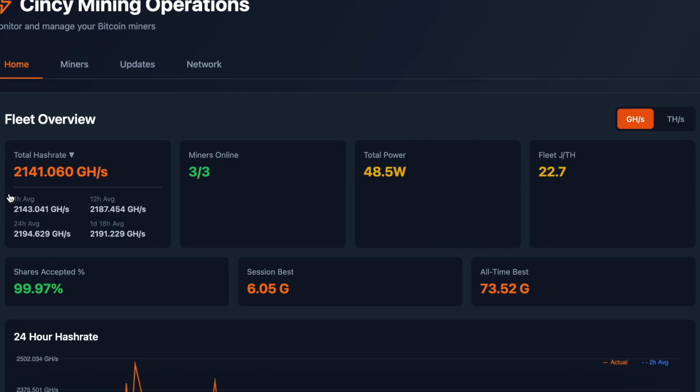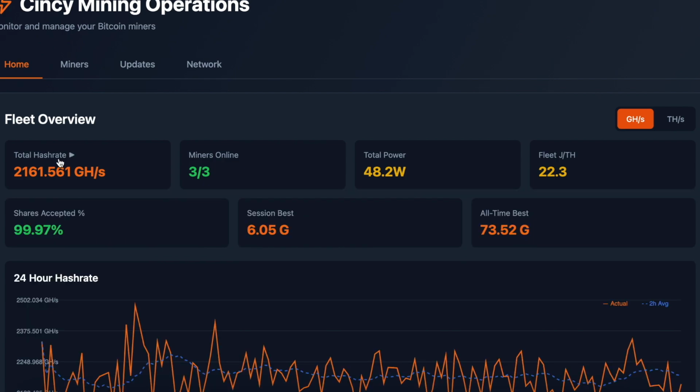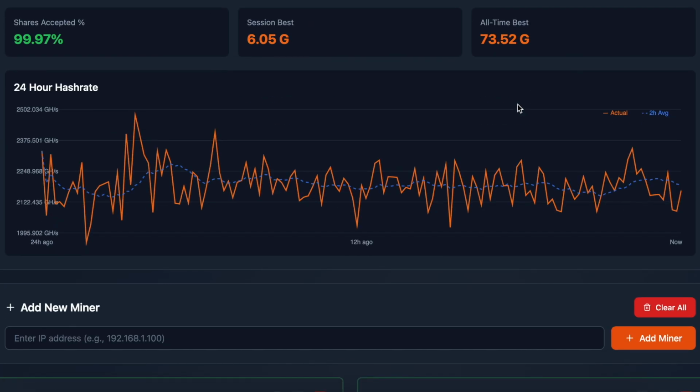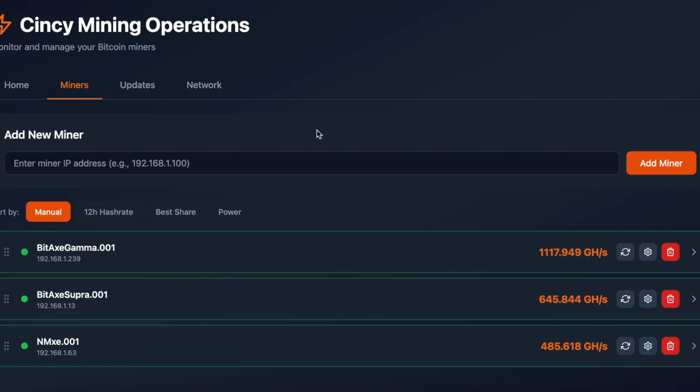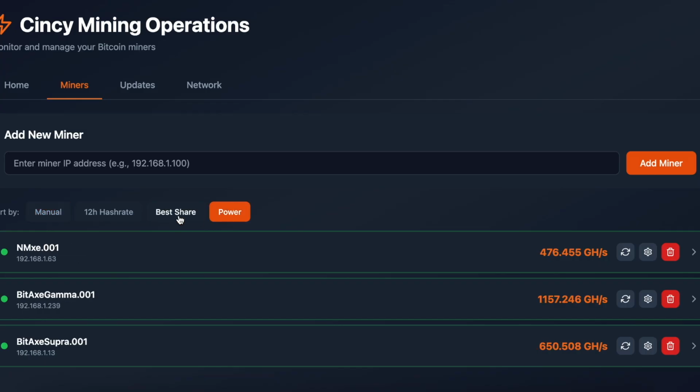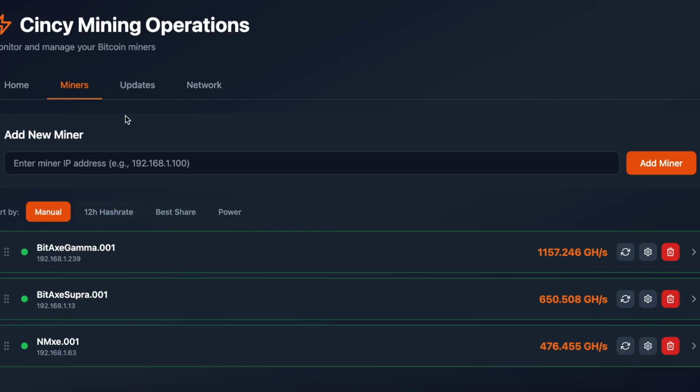So I can see my averages over any period of time, and I only have a day and 18 hours of data so far, but this will go out to be a 7-day average. So you can see your 1 hour average, 12-hour average, 1 day average, and 7-day average of your hash rate. And I can switch between terahashes and gigahashes. You can have your miners down here, and then you can have this tab of your miners and sort them by however you want. So how much power are they using, who's had the best share, what about the hash rate, or just